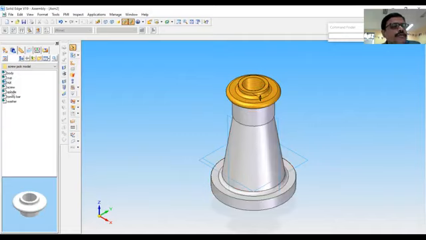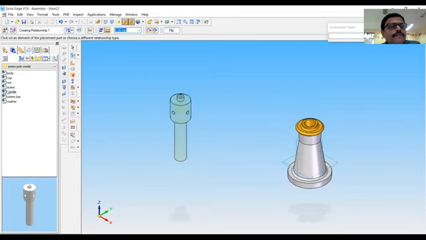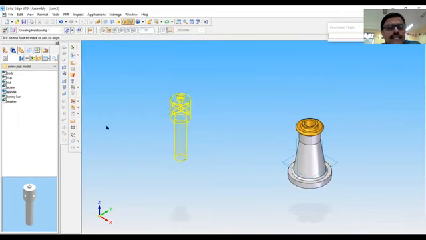Next part is screwed spindle. Double click on that. Again, go to insert. Insert is a combination of axial align and mate. Click on the axis of the placement part. Then click on the axis of the target part.